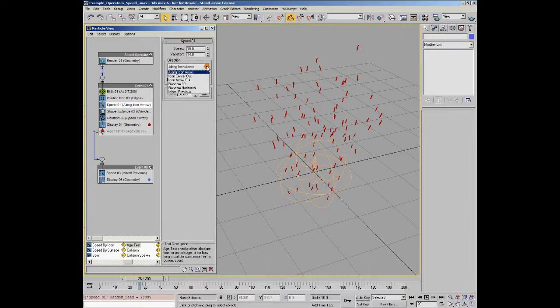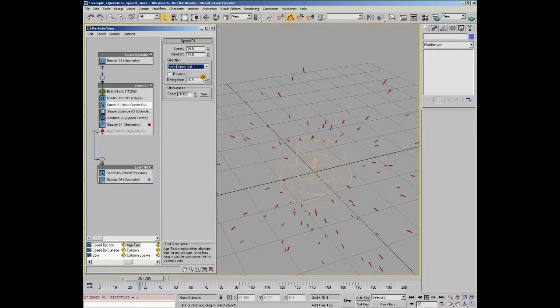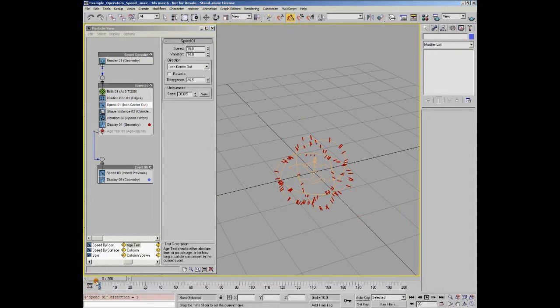If we have a look at the next option, it's icon center out. So what it's doing in this case is it's taking the 3D position of, I'll just set this back to 0 so we get a clearer display, it's using the 3D position of each particle, and it's then tracing that back to the center of the icon, and it's using that angle as the angle for its direction of travel. So all the particles will now